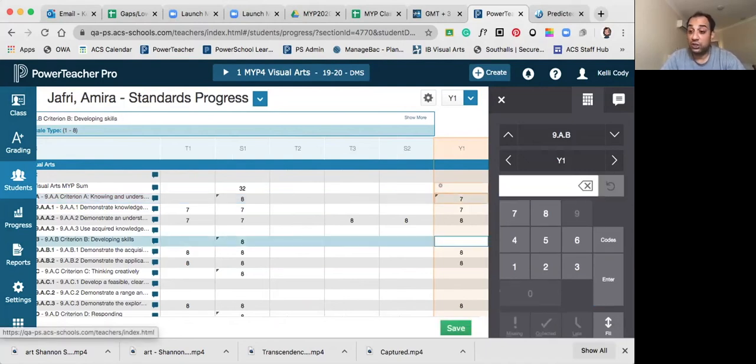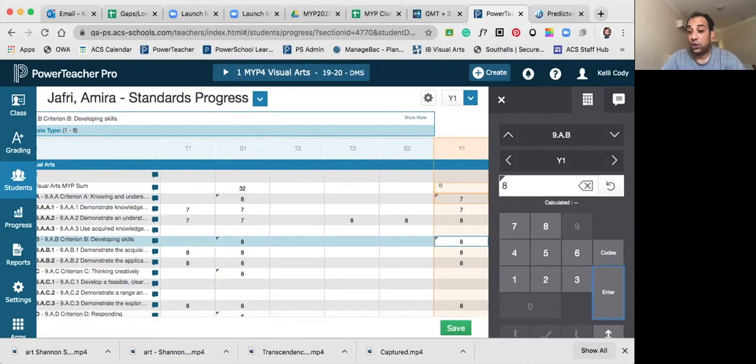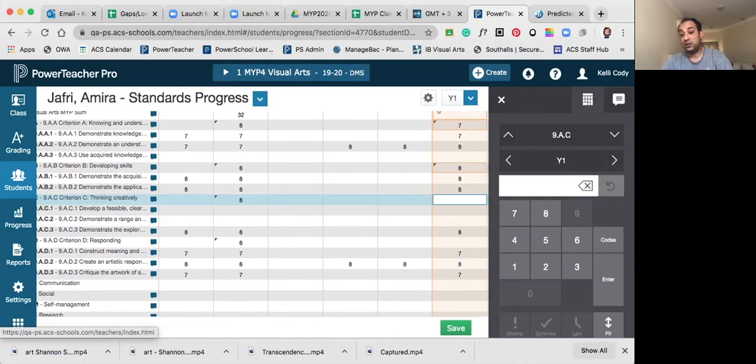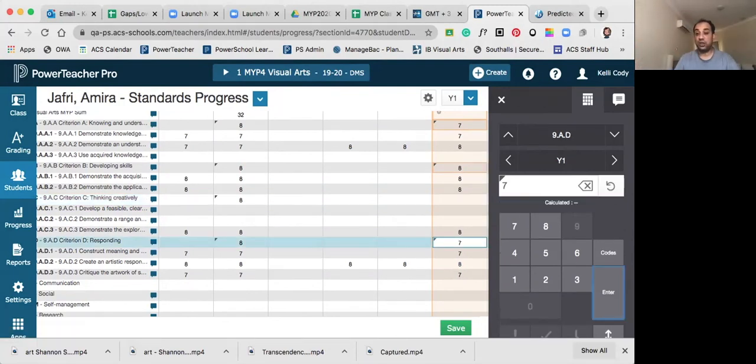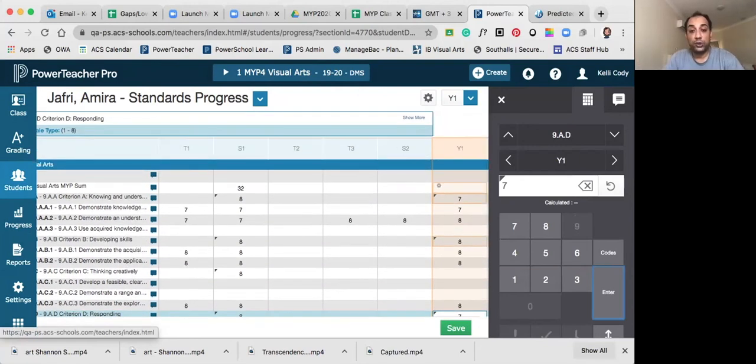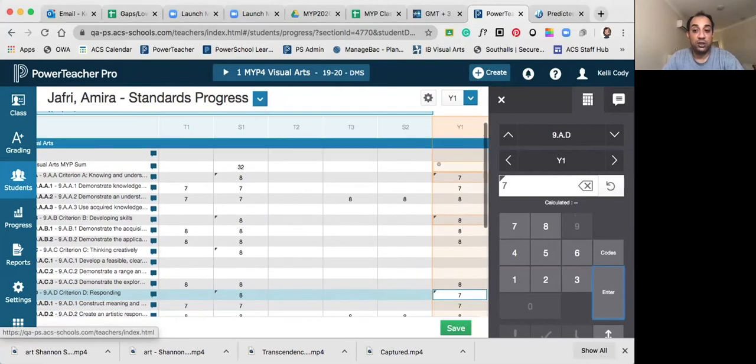So these are the two ways of doing it. Either you stay on that big sheet, which is when you go to A+ grading and click on standards, and then you see that big screen, with all students on the left and the data on the right. Or if you want to do it student by student, you can click on student's name, and then you can come on this sheet.